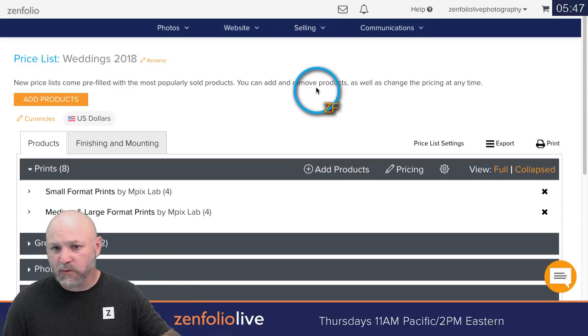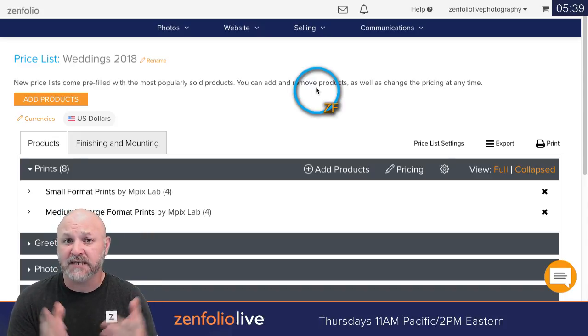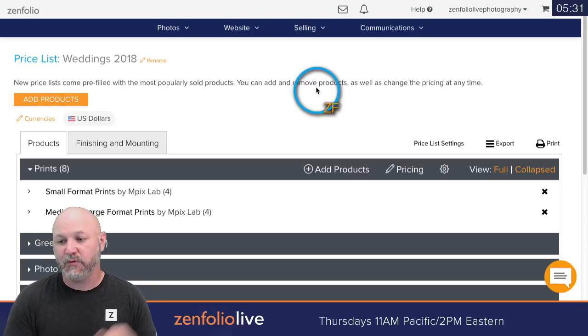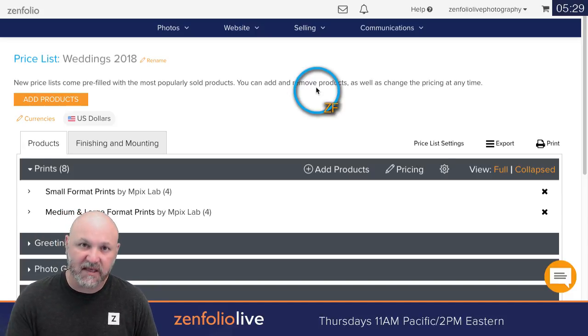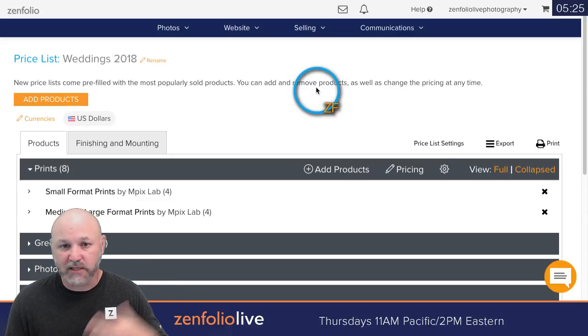And then without messing with the price list, guys, if you've never built a price list, there are lots of videos on our YouTube channel. One that I specifically recommend checking out is how to build a better price list, knowing your aspect ratio and your max print size. If you've never built a price list, check that video out. I'm not going to go into the specifics of building a price list, but let's just say that this is